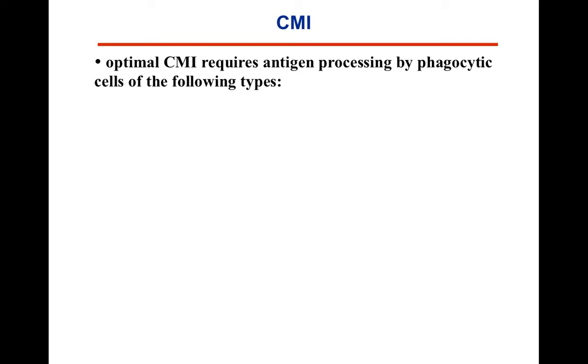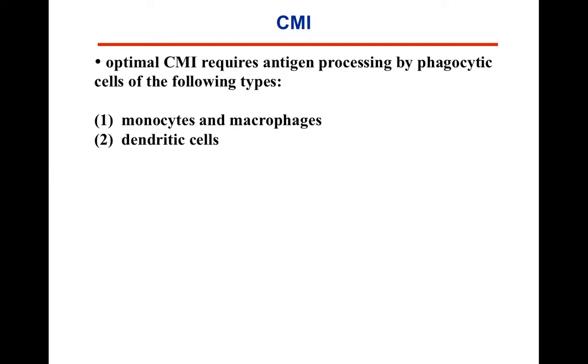An optimum CMI response requires antigen presentation by phagocytes of the following types: monocytes or macrophages. Monocytes are basically macrophages, phagocytic cells that reside in the blood. Macrophages reside in the tissues. Dendritic cells reside in the secondary lymph,